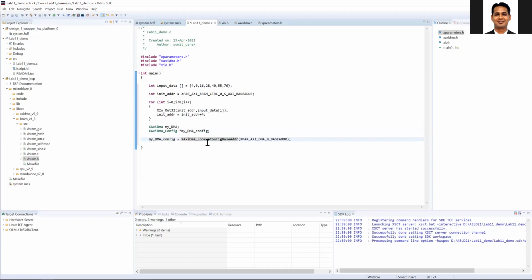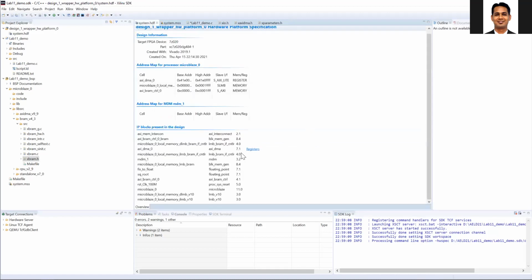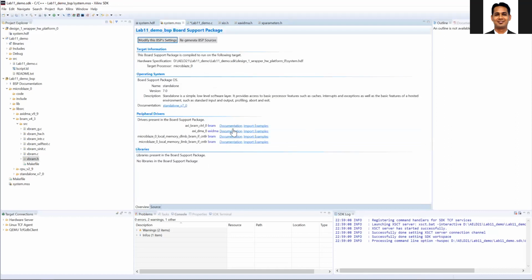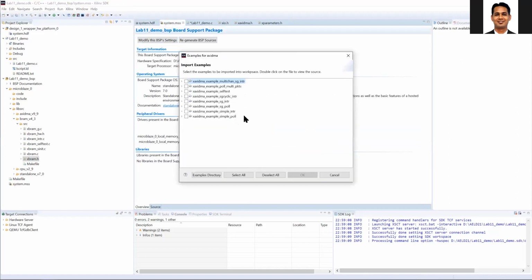Again, there are examples for this process. You can have a look at those examples, where you can see this entire process.